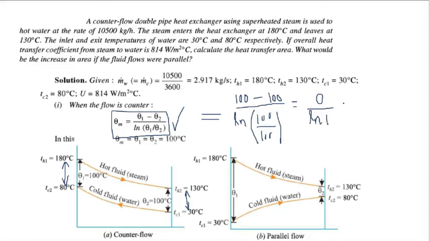1, which is equal to 0. So this can be written as 0 by 0. Any doubt till this part? No, sir. Okay. Since we are getting 0 by 0 form, it means this value of theta m is indeterminate in this case. So whenever you are getting such a case, see how to find out theta m value.